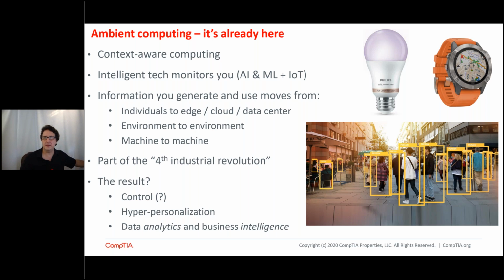When it comes to ambient computing, or when it comes to today's modern world, we live in a context-aware kind of world. Okay, take a look at some of these pictures here. There's a picture of a light bulb there. Doesn't mean I've got a great idea. It means that we're all dealing with smart technology. There are light bulbs these days that have IP address capability in them. They have little mini computers inside the light bulb.